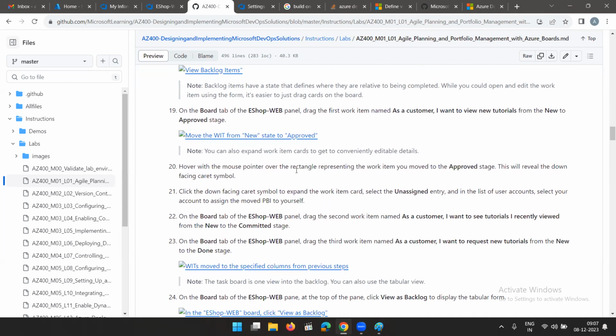With the mouse pointer over the rectangle representing the work item, you move to the approved stage. This will reveal the down facing caret symbol. Click the down facing caret symbol to expand the work item card. Select the unassigned entry in the list of the accounts. Now, very first thing what you will do, you can move it to the approved stage, or you can move like that only. On the board section, eShop web, drag the second work item named as a customer,